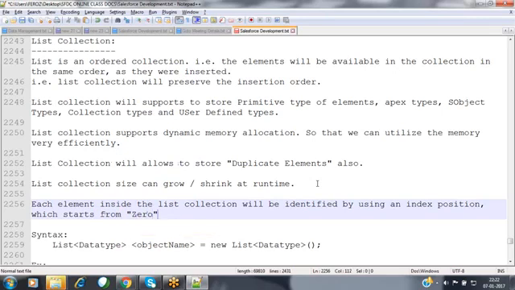Each and every element will be identified by using their index position here, where the index position will be starting from 0 like your arrays itself. First element will be at the 0th index position, second element will be at the first position, and the third element will be at the second position. Like that, every element can be identified by using that index position inside that list collection, where the index position will be starting from 0 always.